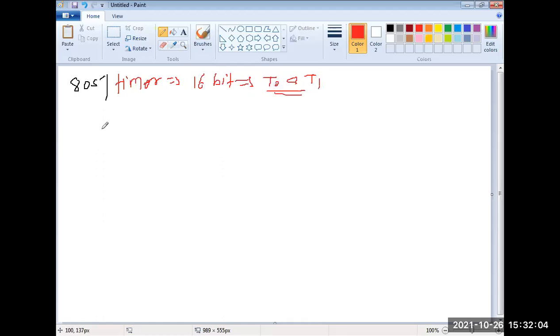What is the function of a timer? What is the definition? Who will tell me? If I have this timer diagram, what is the function of this timer? Who will tell the definition? We have seen this. Still, I am repeating, because we now want to see the SFRs for that. Who will tell me the definition of a timer?